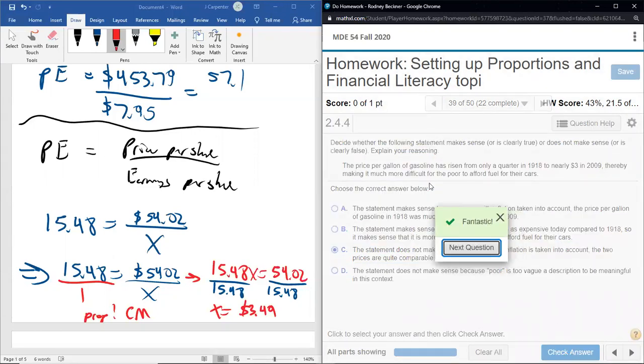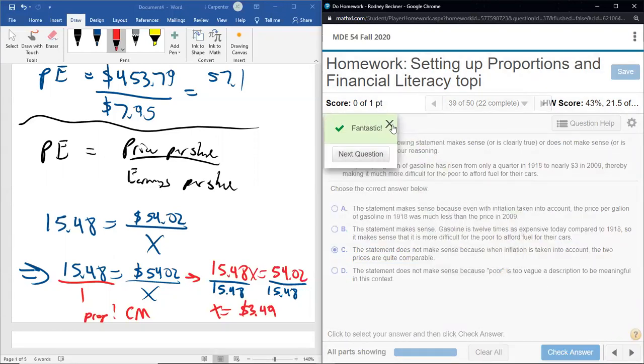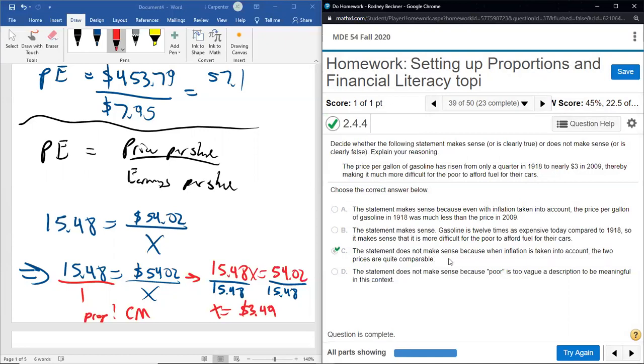And that's what I expected. That was correct. The statement does not make sense because when inflation is taken into account, the price of goods tends to go up on average every year. When you look at a year by year, they go up by small amounts when you're looking at every consumer good possible. But when you look at 90 years,